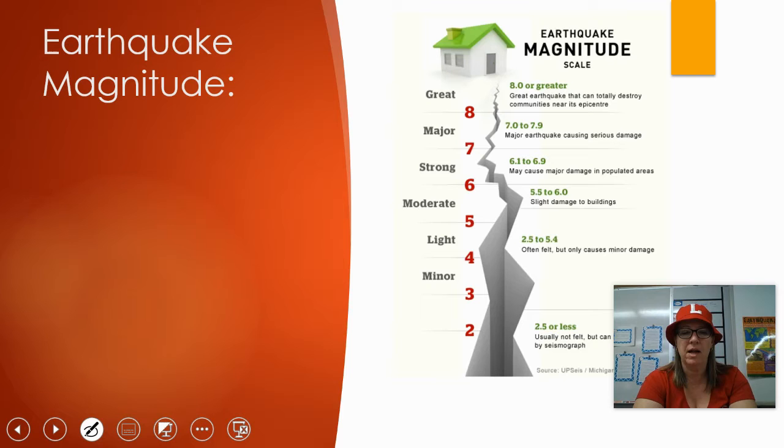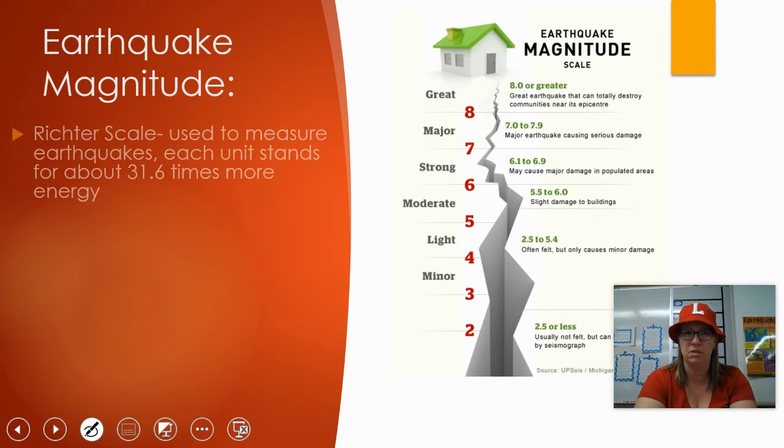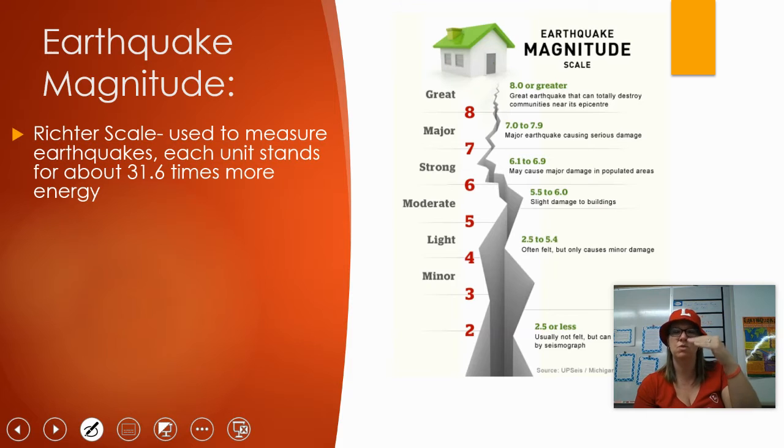All right. When we talk about how strong an earthquake is, we refer to its magnitude. And the most common scale for an earthquake's magnitude is the Richter scale. But the Richter scale is not a linear scale. So if you have a magnitude of 5, that doesn't mean it's 1 time stronger than a magnitude of 4. Each unit means that it's 31.6 times more energy. So magnitude 1 is whatever. Magnitude 2 is 31.6 times stronger than that. And then there's decimal points. You can have a 3.5, you can have a 6.7, so it's kind of a hard scale to really understand